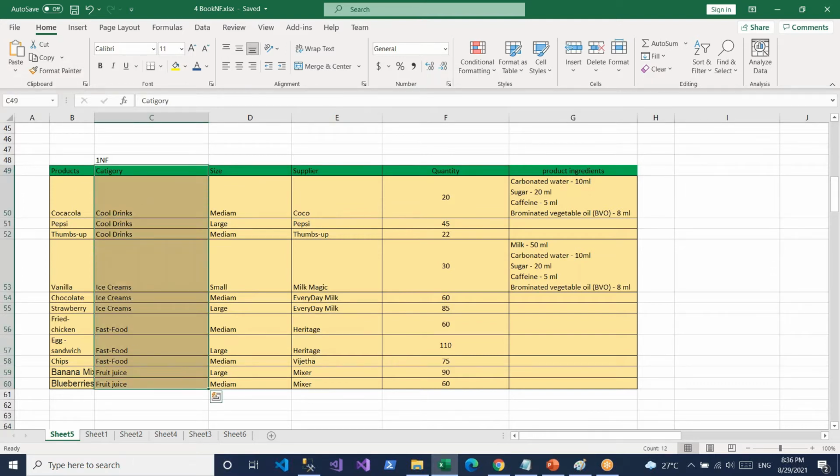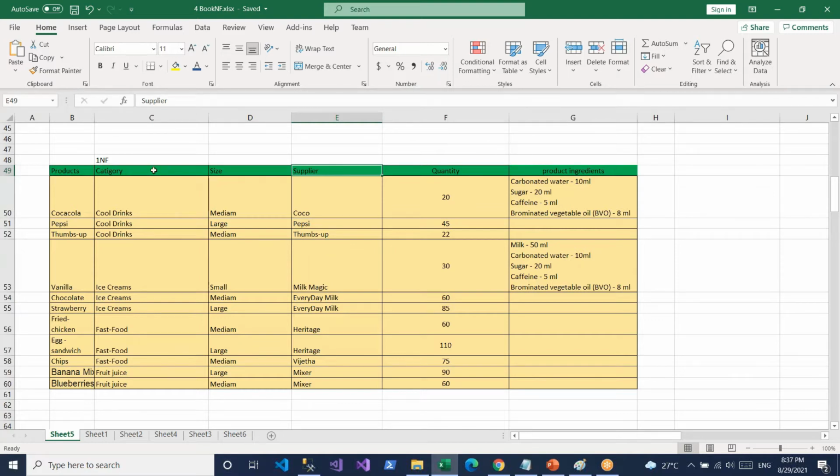So these column values will repeat. Columns having repeated data need to be made into separate tables. So we need a separate category table, a separate size table, and a separate supplier table.